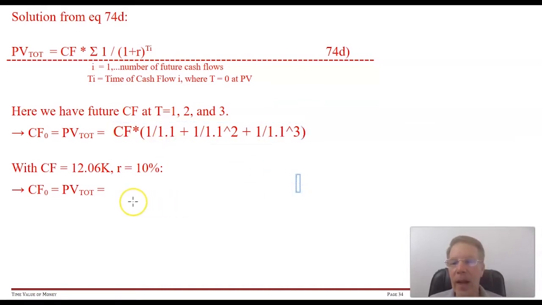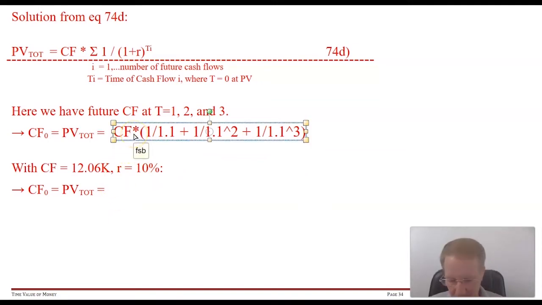All right, and so when we have our 12,060 here, we already put in the R is 10%, we can say that the PV total is equal to,